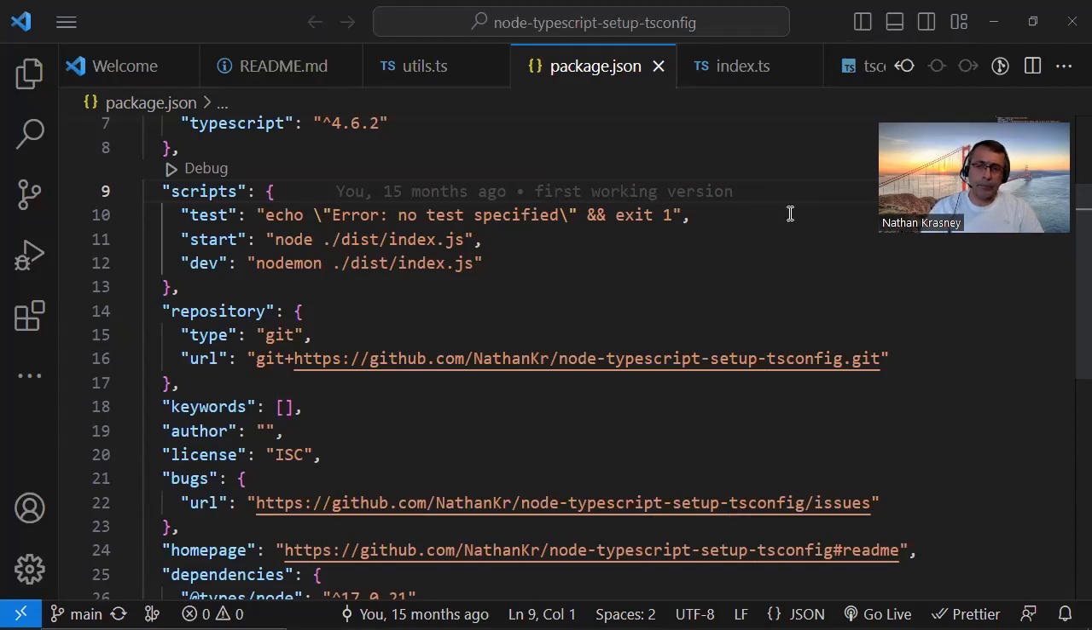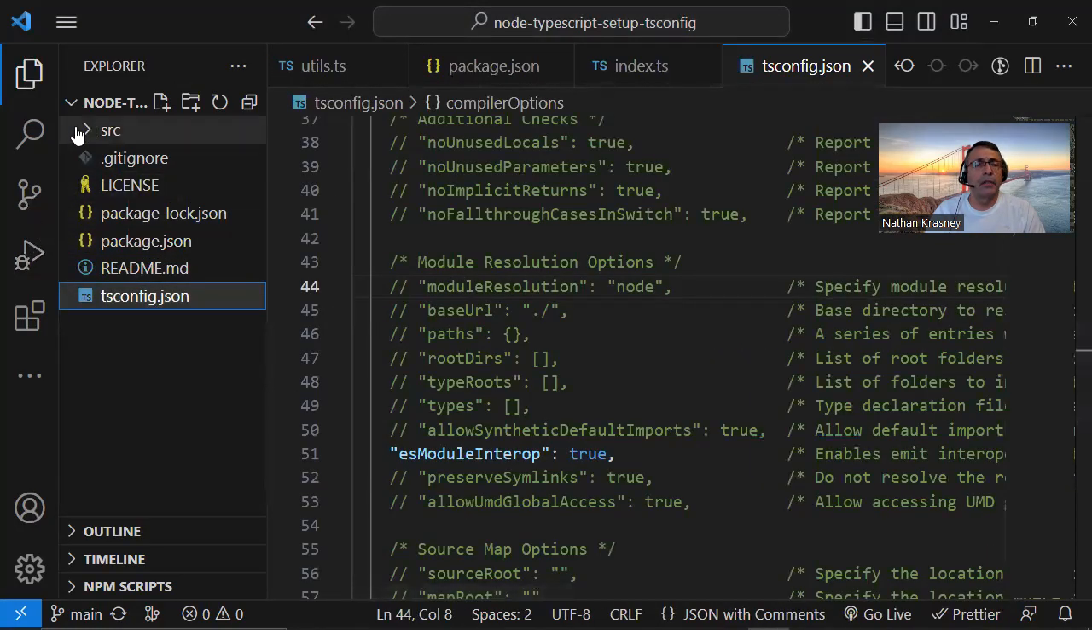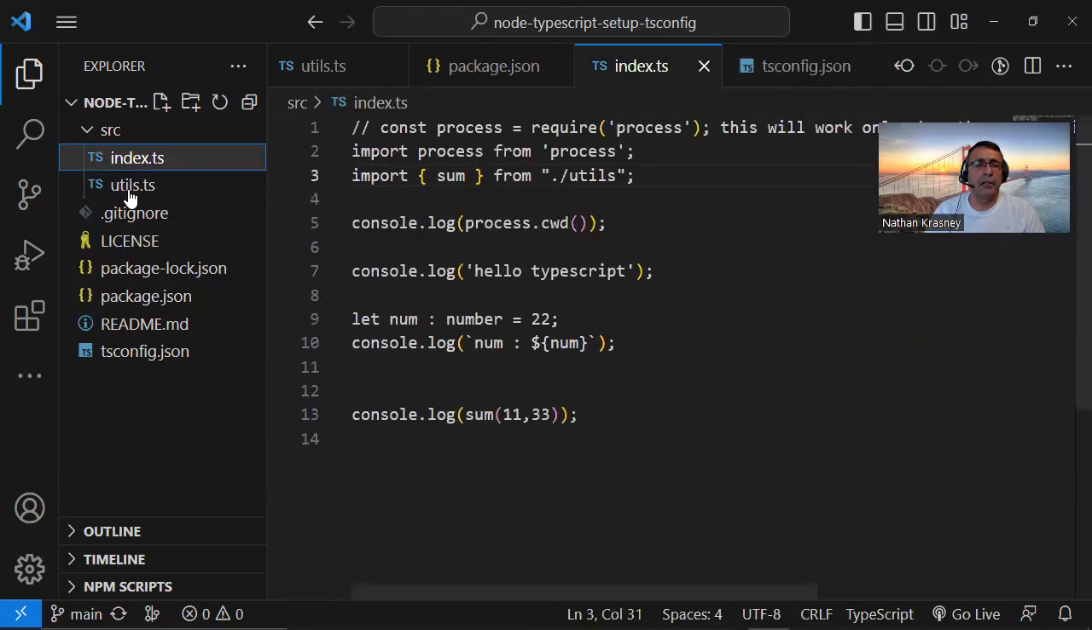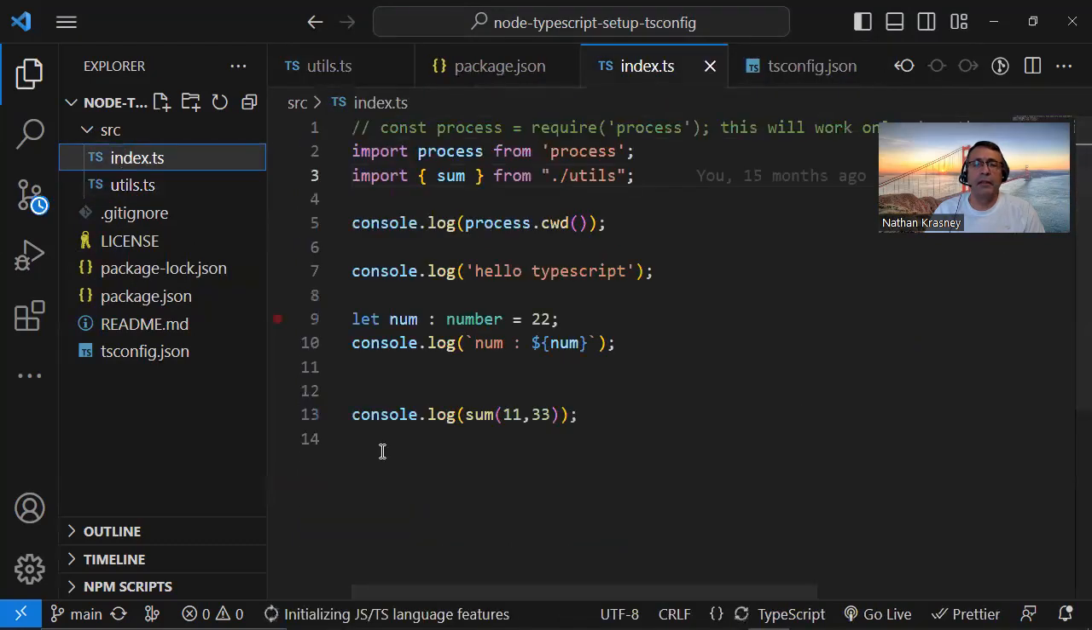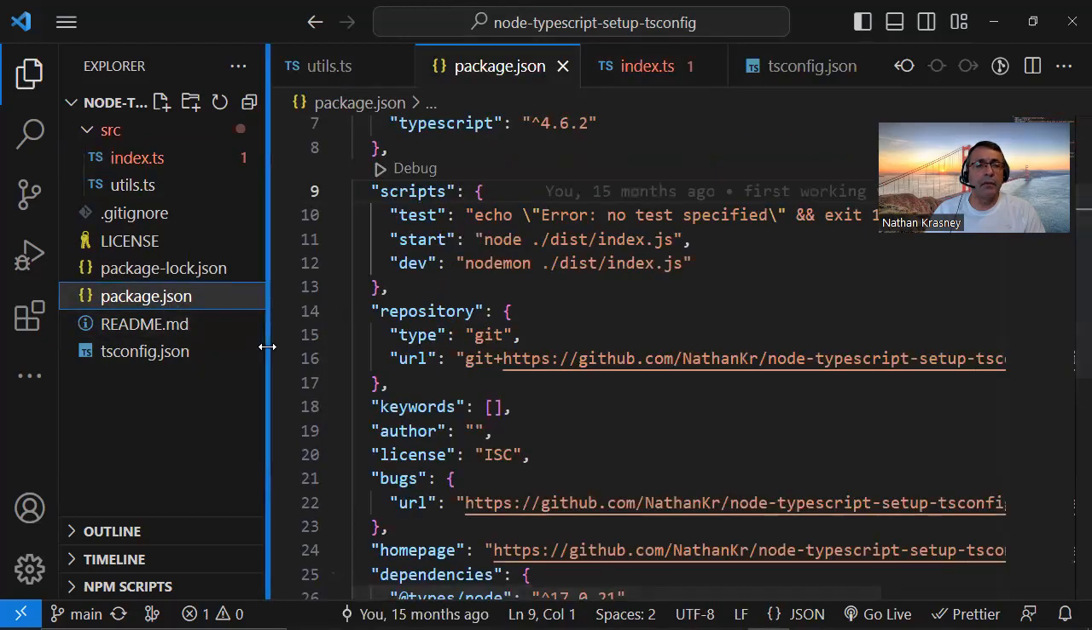Hello, everybody. In one of my videos, I talked about using TypeScript on a Node project with tsconfig, and this is actually the project. So if you look at the project, you see here the tsconfig, and you see here the project. There are two files here, and if you look at the package.json,